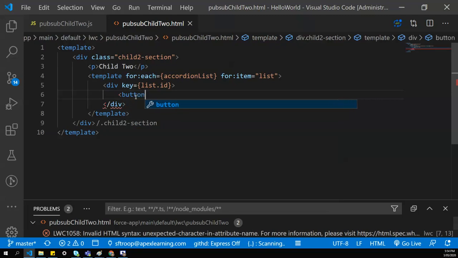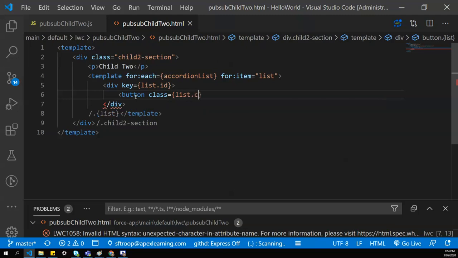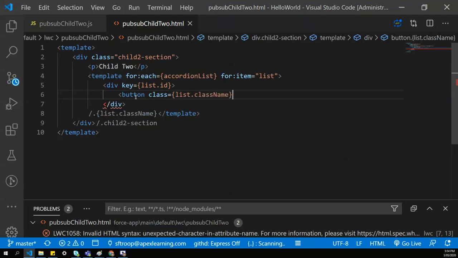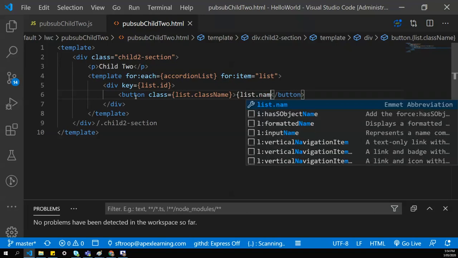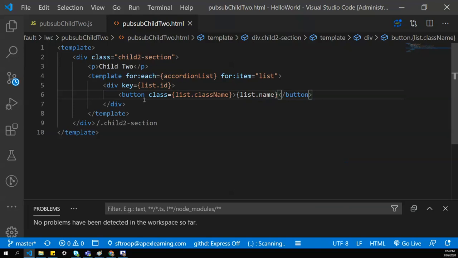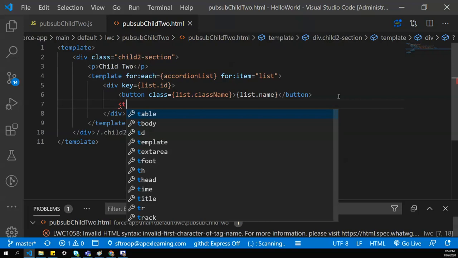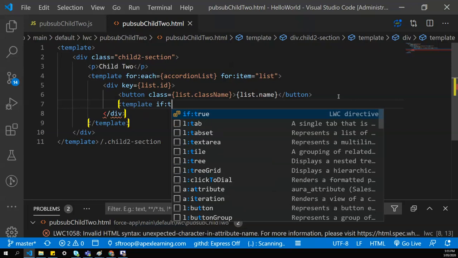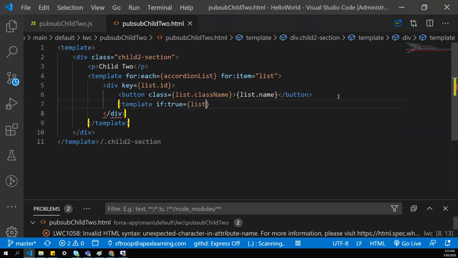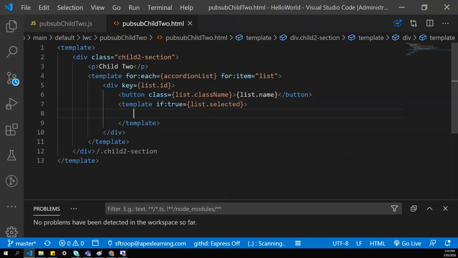We'll create a button with class list.className. Class name we already defined in the array of accordion list. That will show the name on the button, and use the template if:true directive, and we'll use the selected property to hide and show the data.